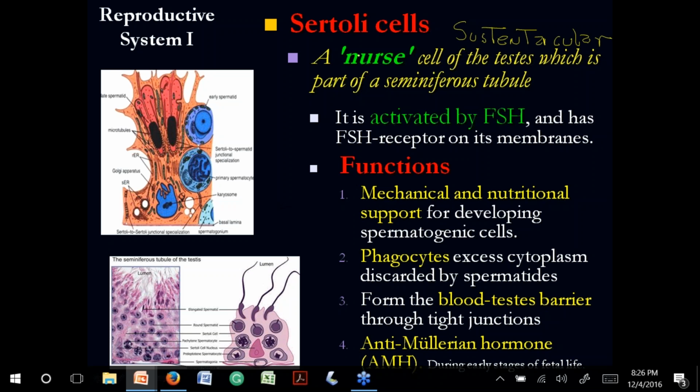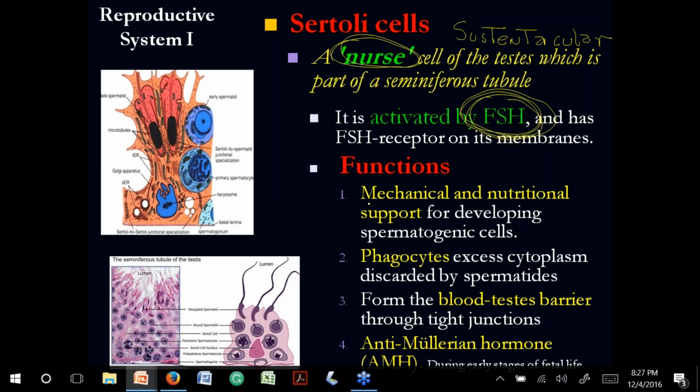They are also called the nurse cells, the nursing cells. These nurse cells are the ones who take care of the spermatozoids. They are activated by the FSH. So this is the first thing that we need to remember for this lecture. FSH is the follicle-stimulating hormone, which most people know as mostly female, but in males the Sertoli cells have receptors for FSH.